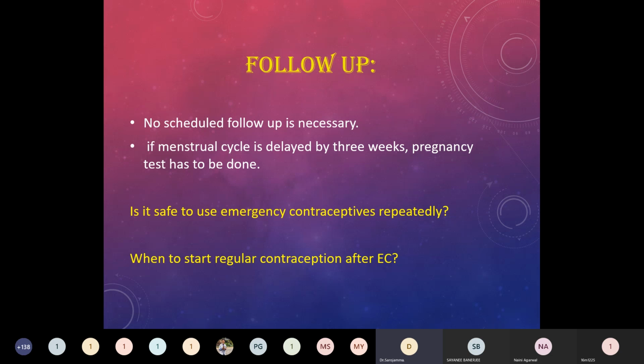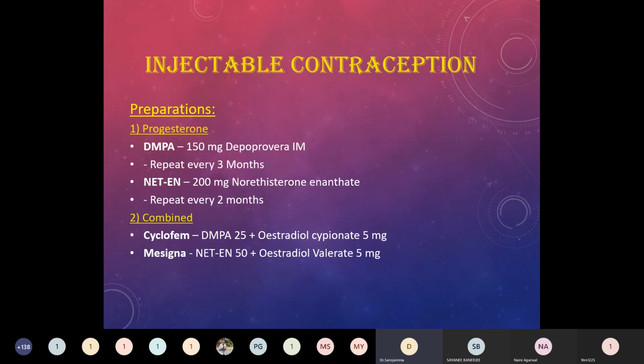They use emergency contraceptive continuously as and when they want, like a vitamin tablet. So this can be used, but definitely any hormonal preparation will have an effect on the HPO axis, and they tend to have irregular cycles. And when to start the next regular contraception? As soon as they get the next regular menstrual cycle, they can start with the regular contraceptive